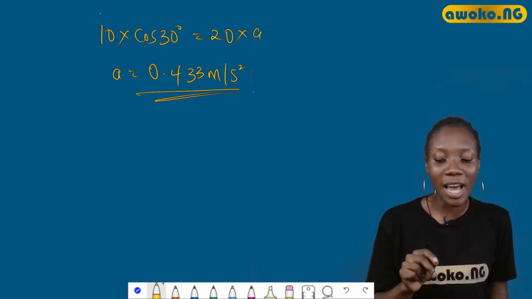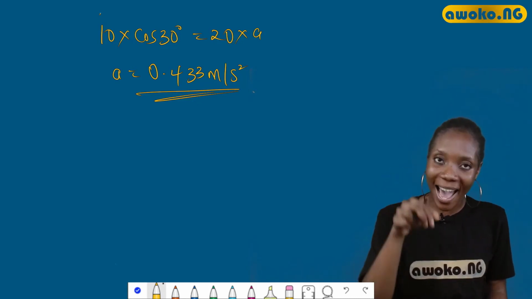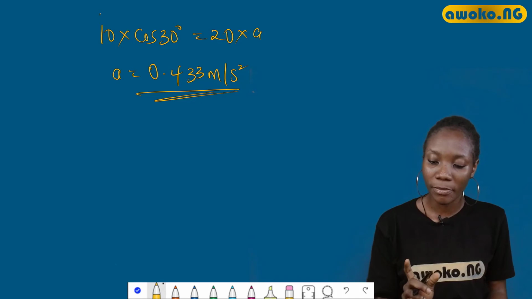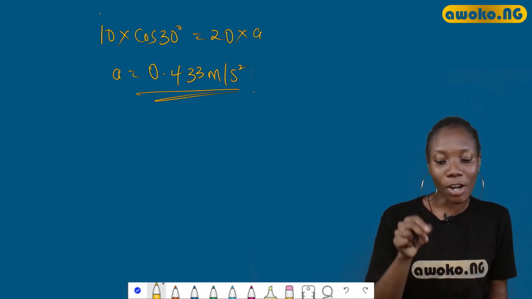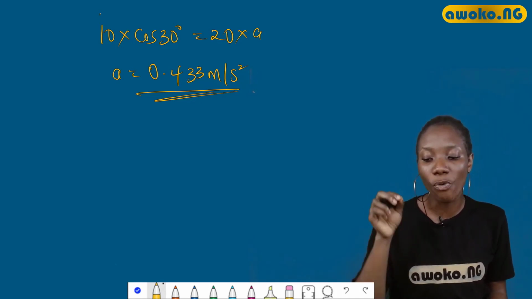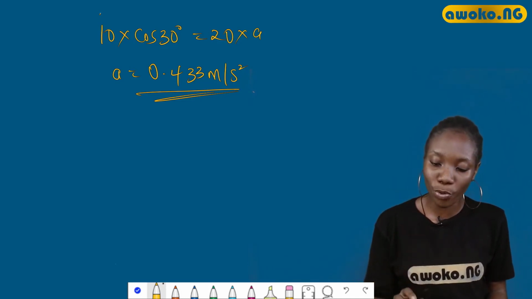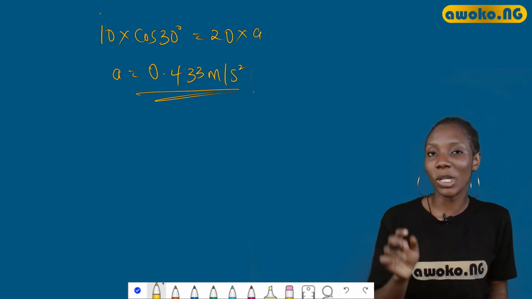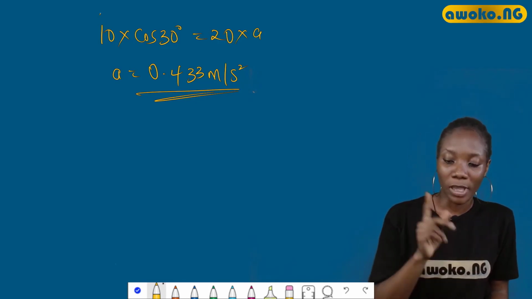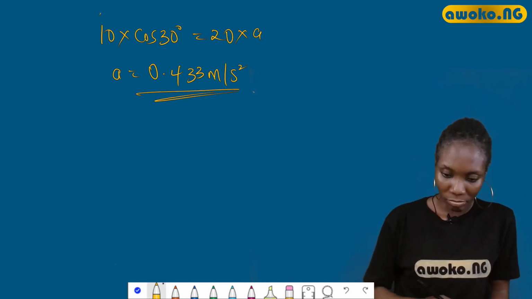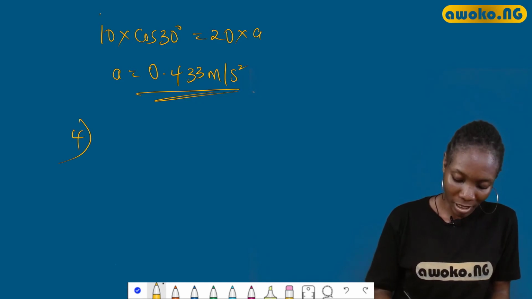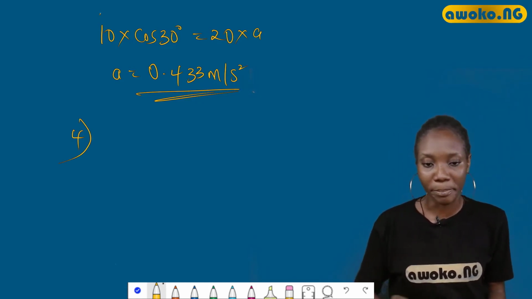Calculate the resultant horizontal force acting on the body. First question. Now second question is, what will be the resultant force on the body when it moves with a uniform velocity of 6 meters per second? Now let's take down our parameters. This question should be question 4. Let me start numbering them so I don't miss them.